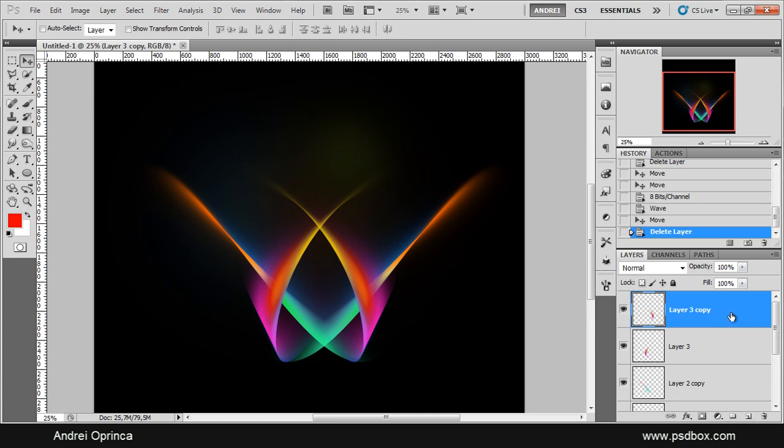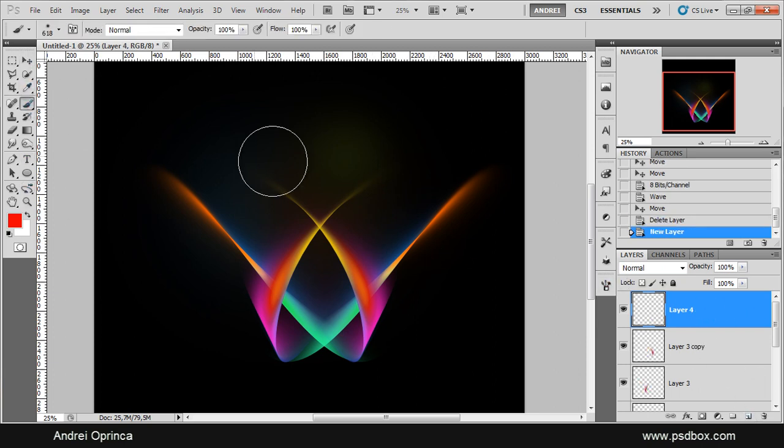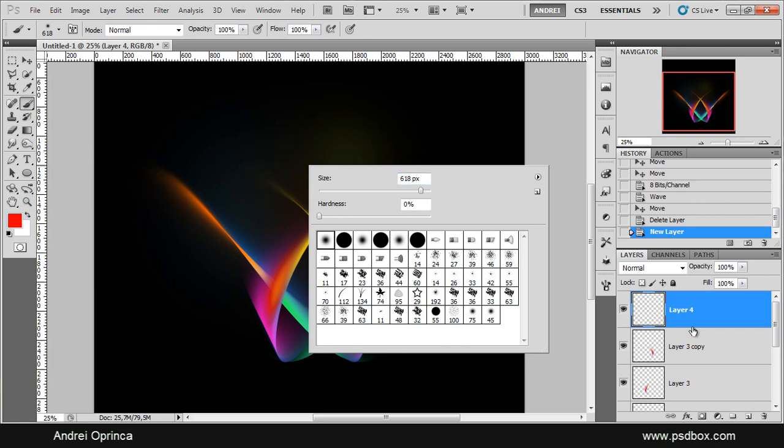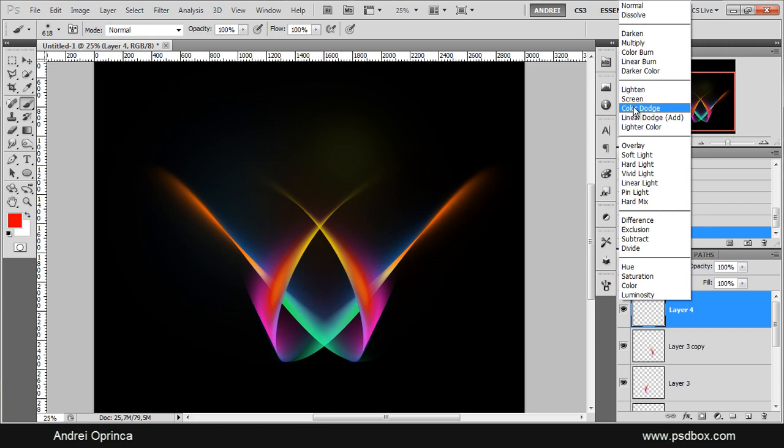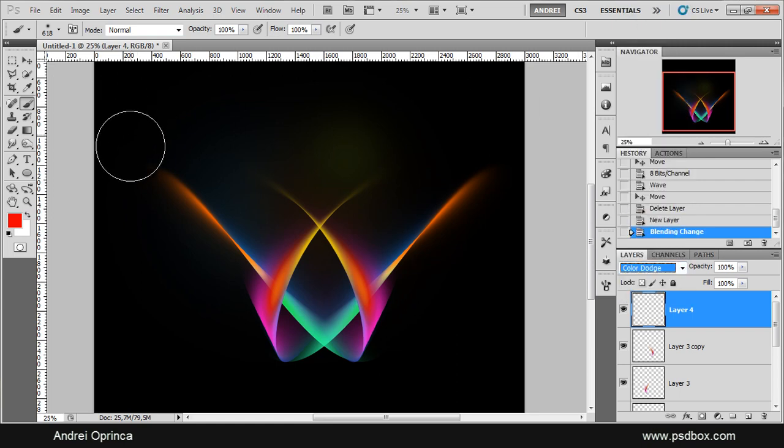So what I will do next is start applying some light effects, because this looks a bit flat or boring. So I'll add some light effects using a soft brush, and I created a new layer above all the other layers. I'll change the blend mode to color dodge